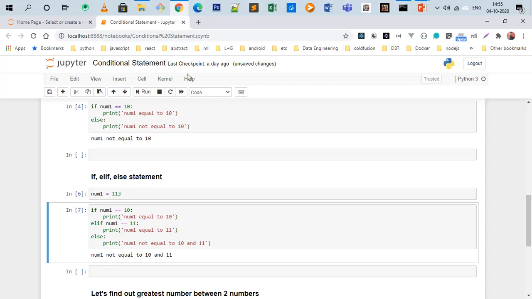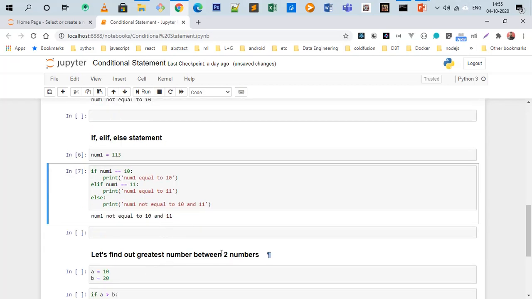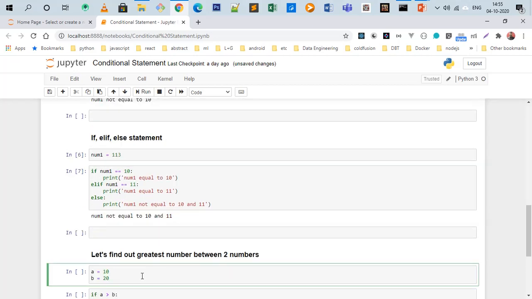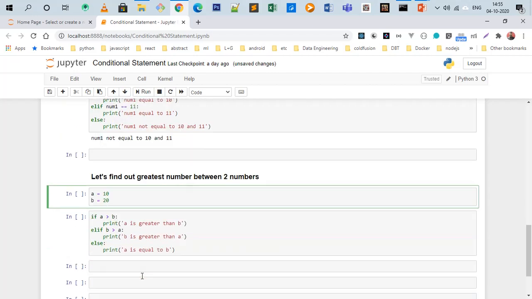Now let's see some real examples. Let's find the greatest number between two. We are taking two variables, a and b, with the values 10 and 20, and we are checking whether a is greater than b, or b is greater than a, or both are equal. So using if, we will try to check it.